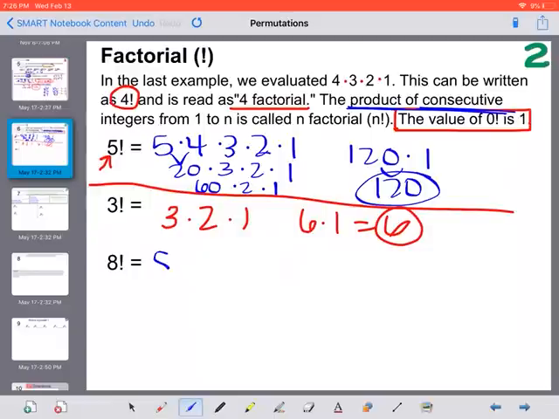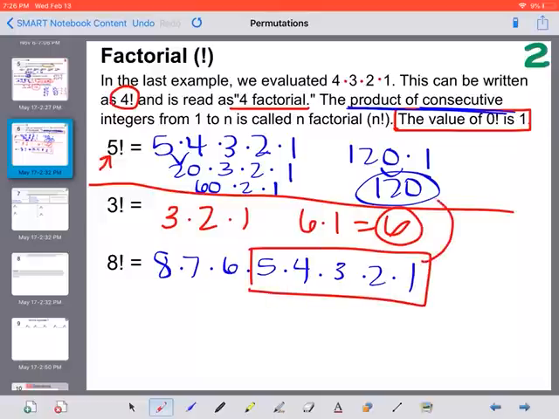8 factorial, this one's big. 8 times 7 times 6 times 5 times 4 times 3 times 2 times 1. It's a lot of work. I'm going to start off with just plugging this one in my calculator because it's going to be a really big number. If you already know what 5 factorial is, isn't this 5 factorial right there? 120? And then you're just multiplying it by 6 and 7 and 8. So I'm just going to take 120 times 6 times 7 times 8 in my calculator, and I get